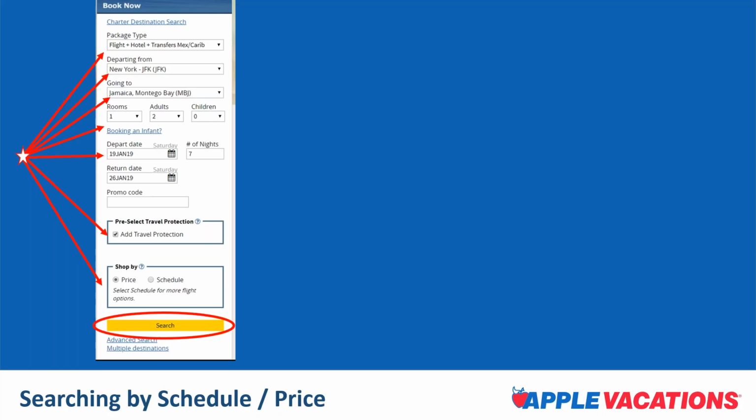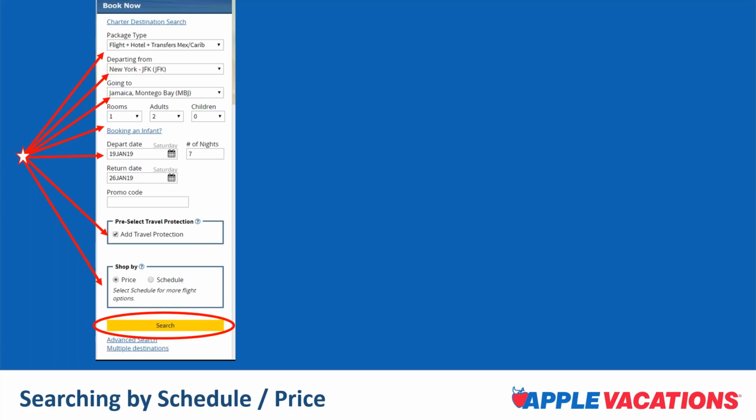One thing I really like about this feature is that if you like to quote packages with the travel insurance with AVOK already added in, the way we used to do in Apple Online 3.0 for all of our charter packages, you can indicate that right here from this screen. You don't have to, but you can. And if you choose to add the travel protection in from this screen into the quote, you can always pull it out later.